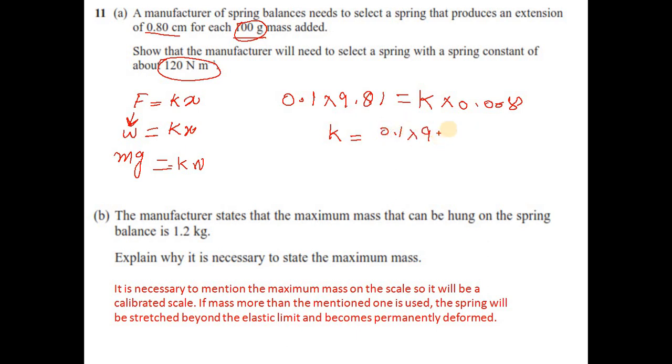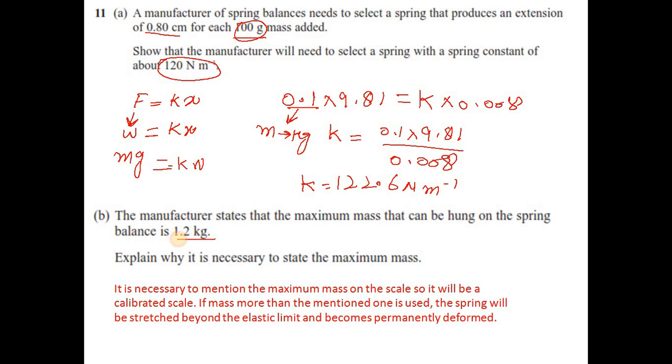That means if you make k the subject, k is equal to 0.1 times 9.81 divided by 0.008. Remember, the 0.1 is the mass in kilograms, 100 divided by 1000, so 0.1. If you solve this, you will have k equal to 122.6 newton per meter. Part B, the manufacturer states that the maximum mass that can be hung on a spring